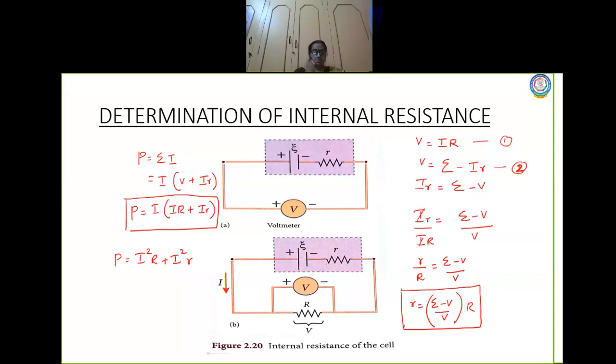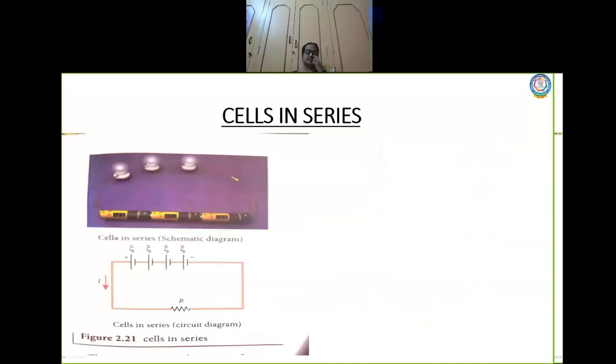Yes. Now with this we are moving on to cells in series and cells in parallel. These are all very simple topics. The only thing is you should understand the concept of what we are trying to say. Now look at this diagram. There are two diagrams. Here this is a cell, and three cells are connected to a resistor, which is a small light. Are you able to see this?